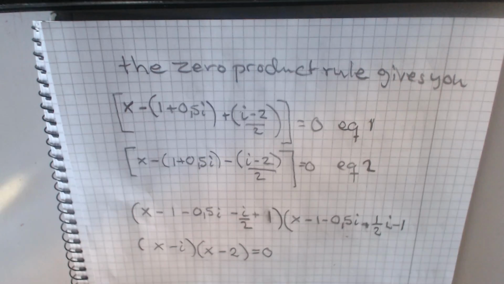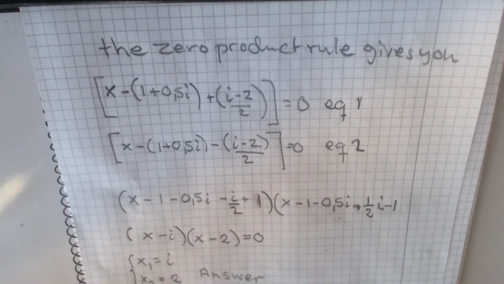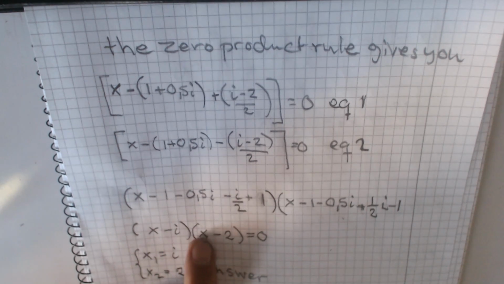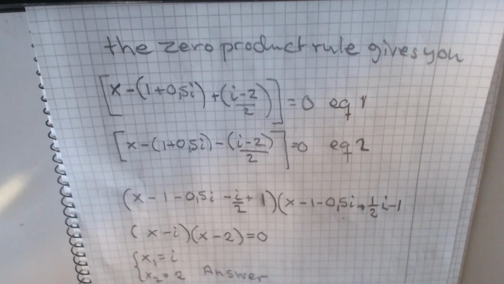So the equation, you have x minus i times x minus 2 equal to 0. The answer is